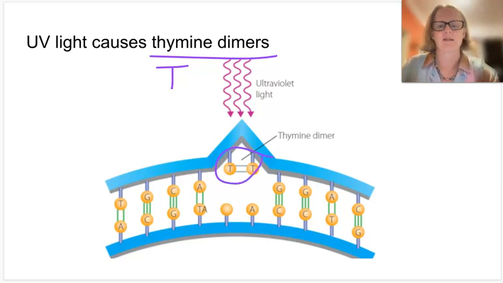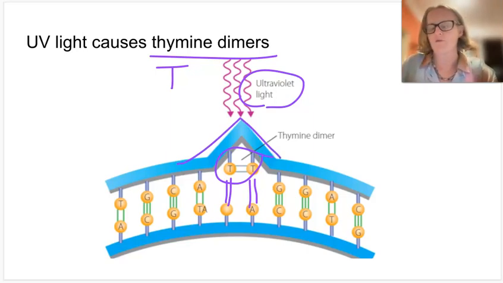So we've got double-stranded DNA here. There happen to be two T's next to each other, but instead of hydrogen bonding across with the other strand of DNA, they have bonded to each other under the influence of UV light. And you can imagine that that little kink in the DNA that's been formed is going to be very difficult for any polymerase that's coming along to read it correctly, and definitely for DNA polymerase to try and copy that